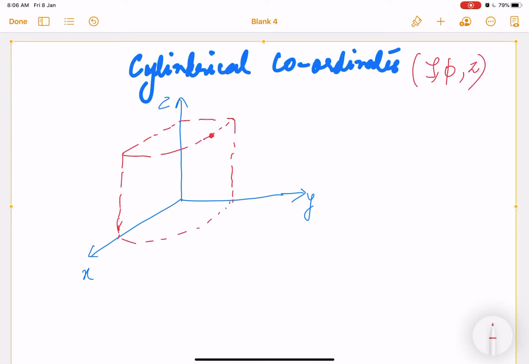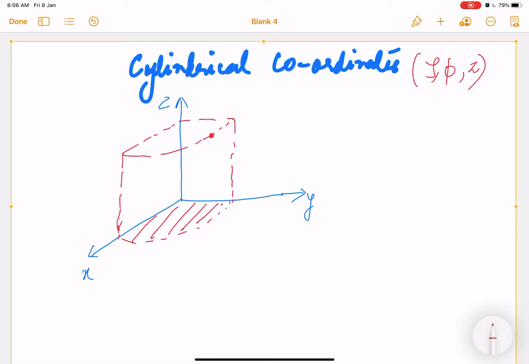Let me tell you. Well, z is the same. It basically is the height of the cylinder. If you have a bottle with you, take it to the corner of the room and place it at the bottom on the floor, and imagine the floor to be the x and y coordinates, this surface being the bottom of the cylinder. Over here I have considered a point. Let me find out what rho, phi, and z are.